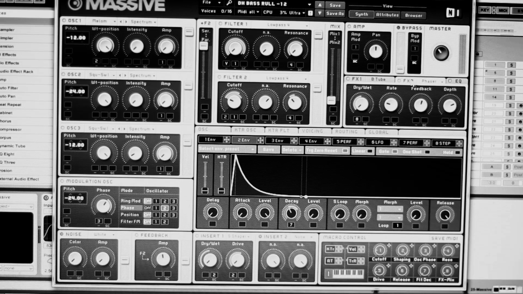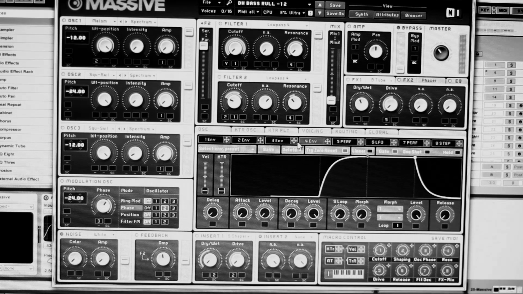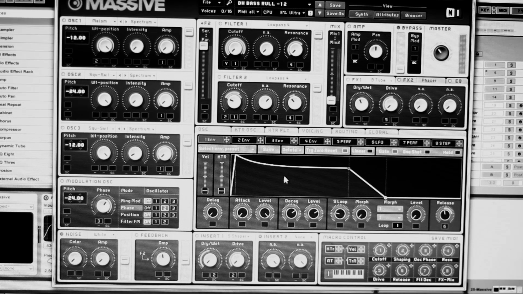All right, let me just see if I added any more envelopes. I can't remember what I did on this one. All right, I think that's it. I guess you didn't need to make the third one. Sorry, guys. All right, so now let's grab the first macro and drag that and drop it right there and